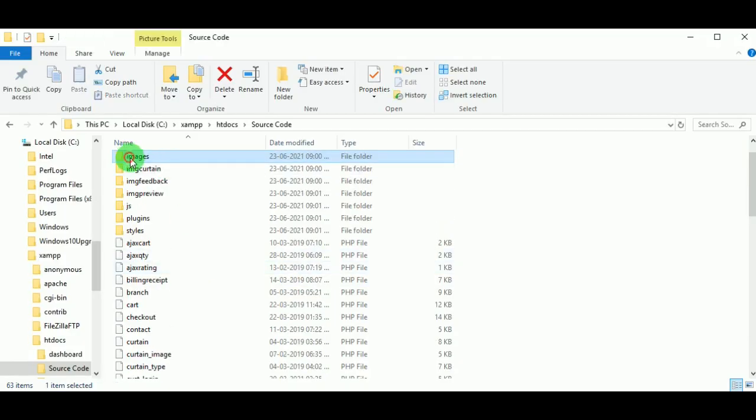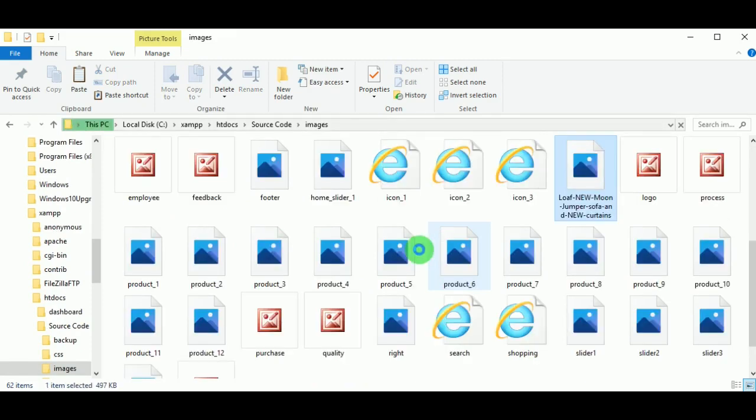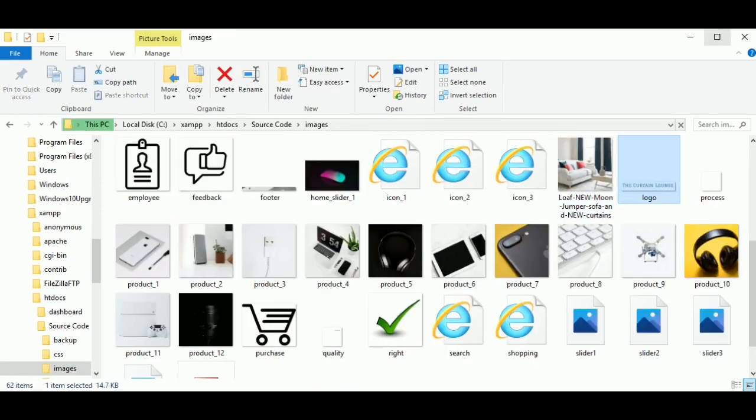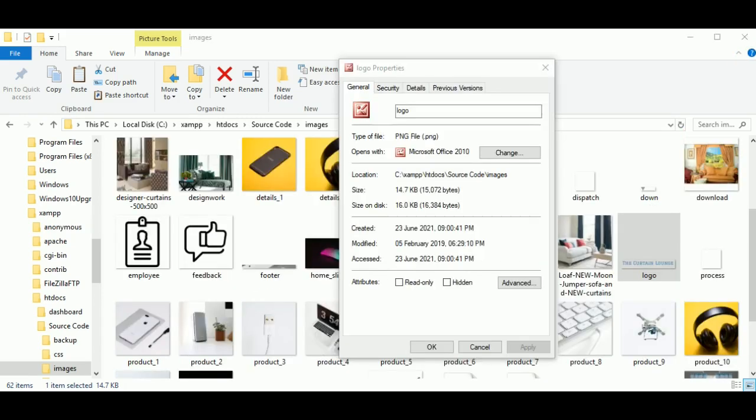Let us open the folder images, and inside the folder images let us search for logo. So we can see the image logo, where Curtain Launch is written. Clicking on the properties we can see the extension, that is the type of the file.